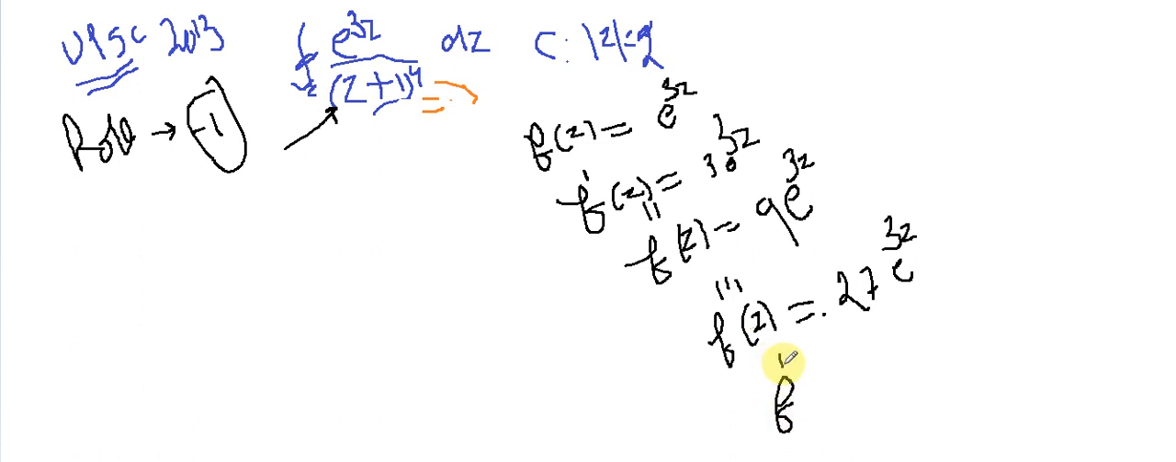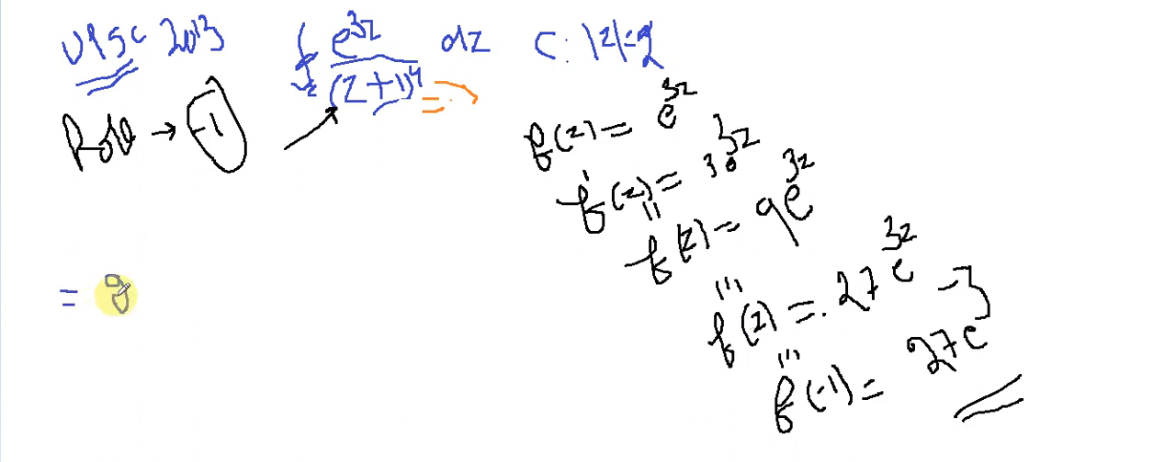So just replace the value of z by -1, and you will get your answer. This will be 27 e raised to the power minus 3. This is the value of f triple dash at -1. Now, according to our formula, what will be the answer? The answer will be 2 pi i multiplied by f triple dash, that is 27 e raised to the power minus 3, divided by